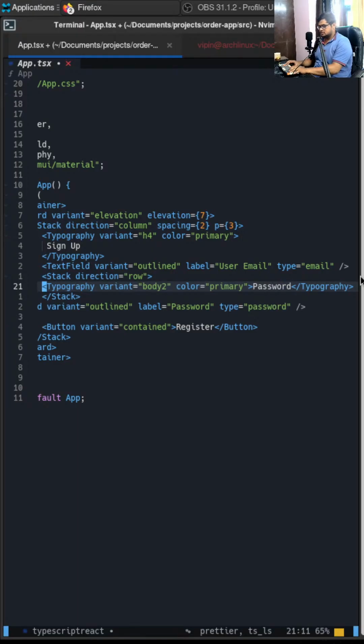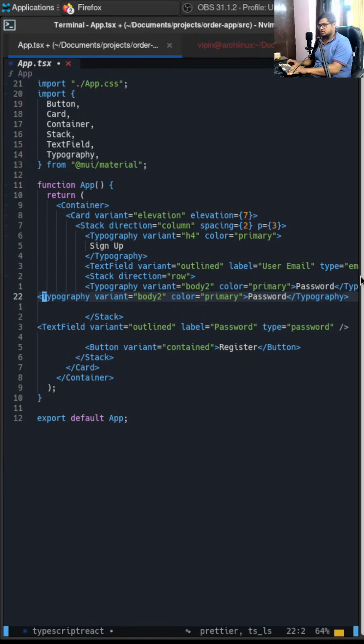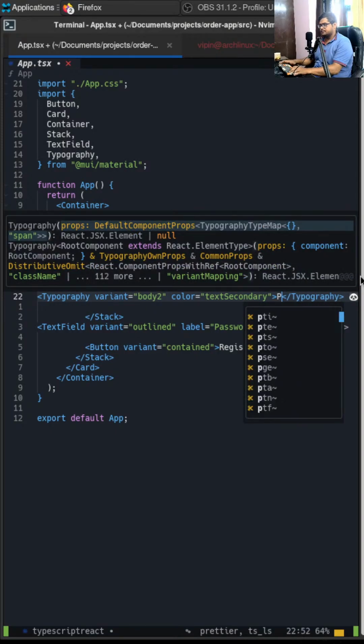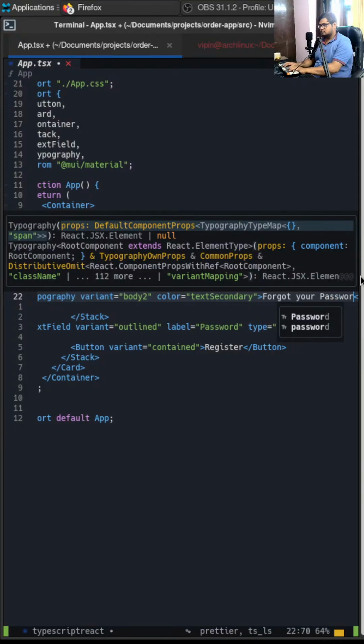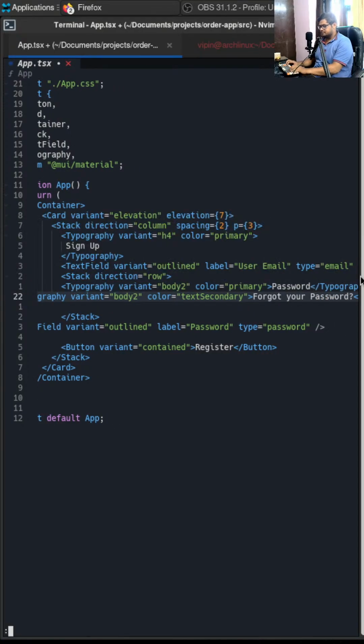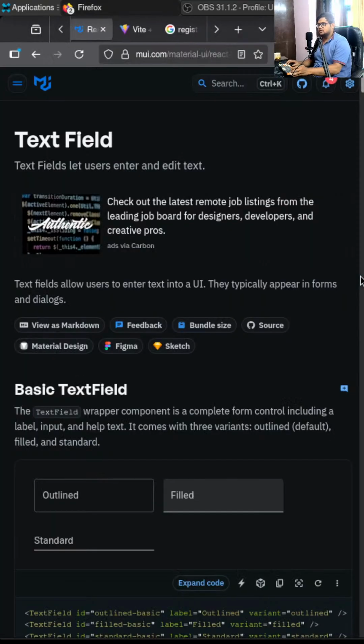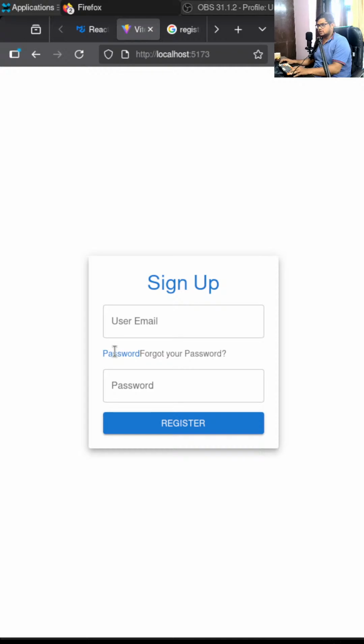And we need another thing over here. If I copy it, maybe we can give it a text secondary. What was it? Forgot your password. Let's see how it looks over here. So it is looking something like this, a label and a text that says forgot your password, but these should